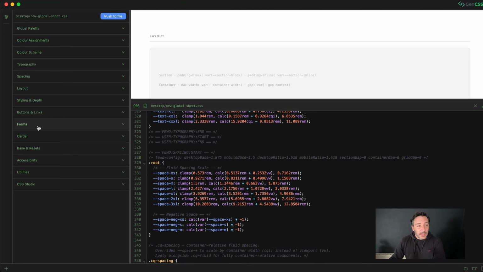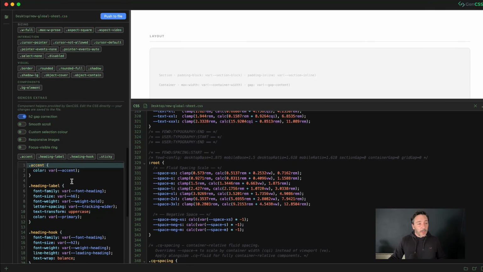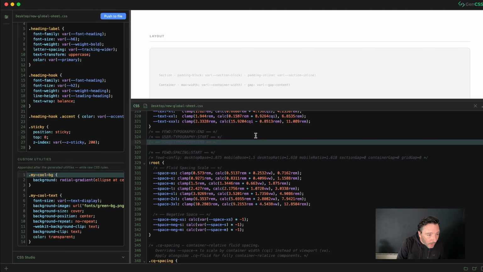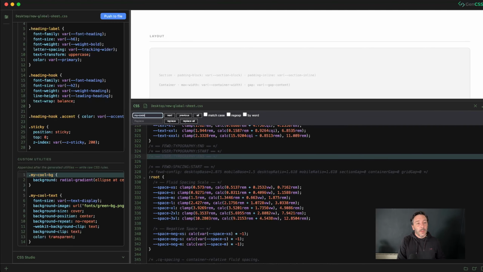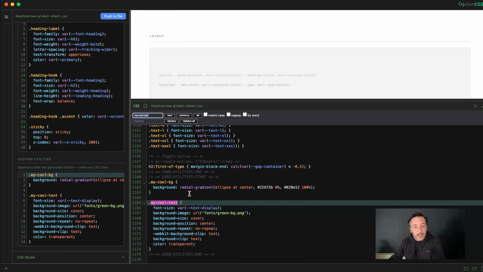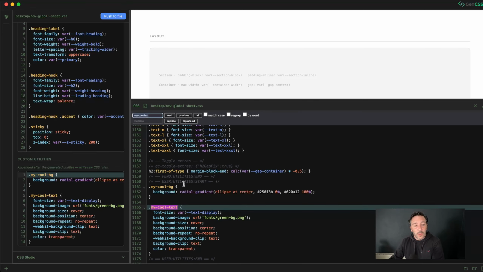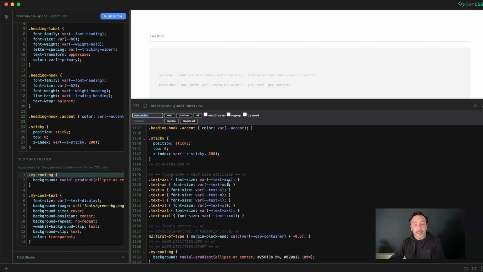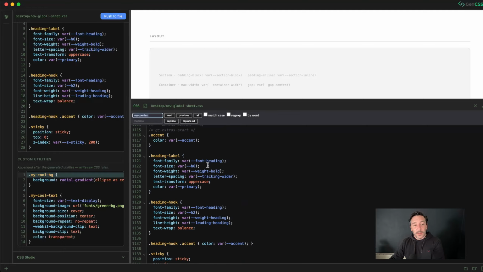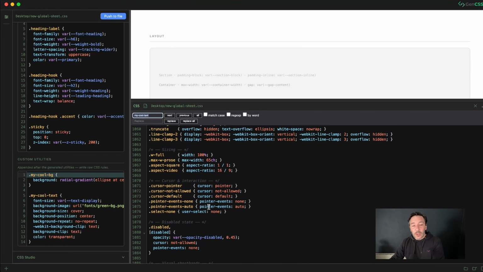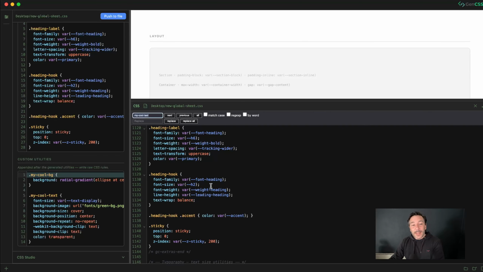A note on editing: if we were to edit some features, so we use some of the inputs, if I look for my cool text, you'll notice that this is edited within the user utilities start. We have the front-end web development utilities end, and all of this really should be left as it is. So wherever you see the GenCSS start and end, it's best to really use the UI for that. Although it is editable,